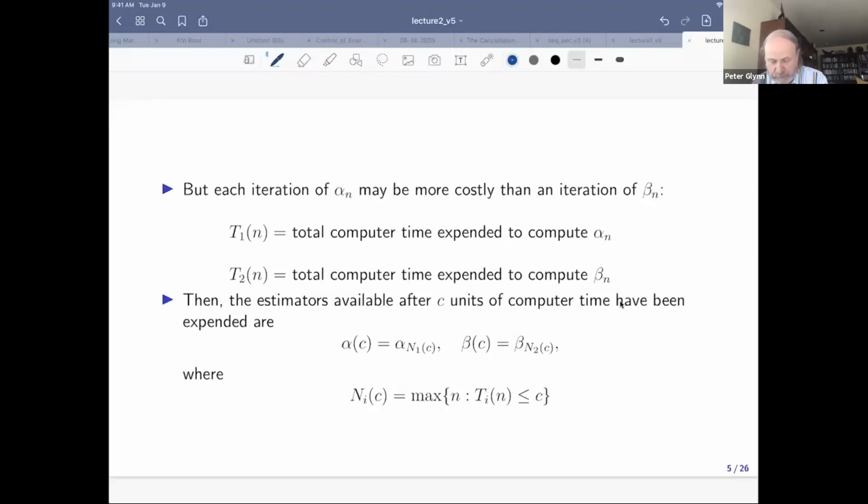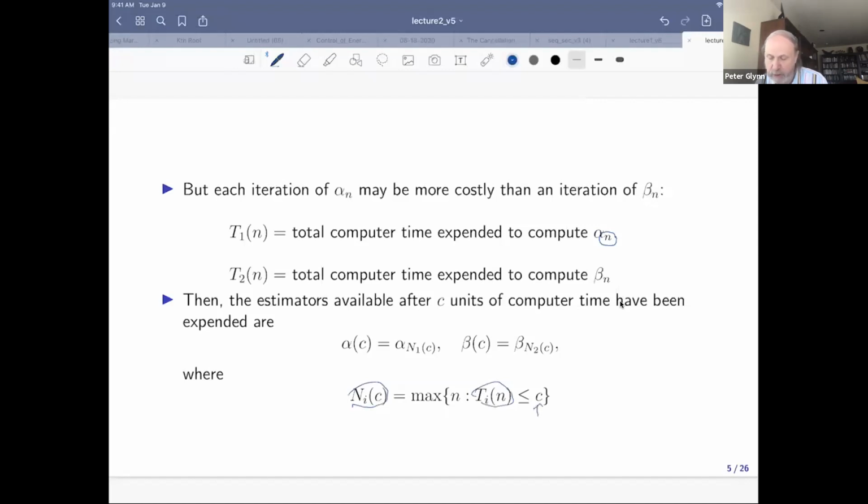So in view of that perspective, we want to look at the estimators that are available after C units of computer time have been expended. And of course, the value of n that we'll get to within a computer budget C may be a random variable itself. In particular for algorithm i, Ni of C will be the maximum n that we're able to get to within computer budget C. And now you can look at the estimator available after having expended C units of computer time. That'll be alpha of C for algorithm 1, beta of C for algorithm 2,